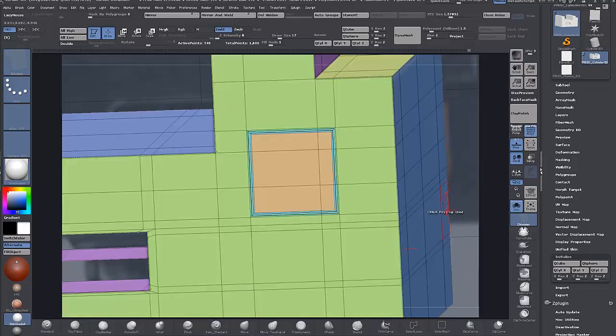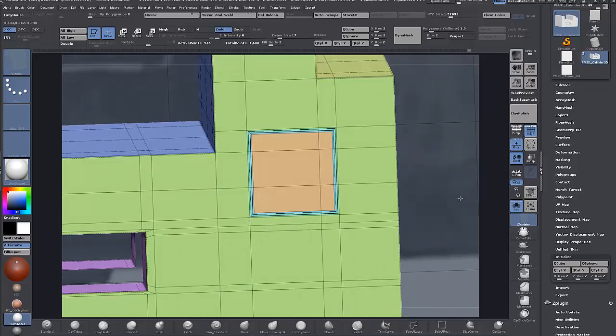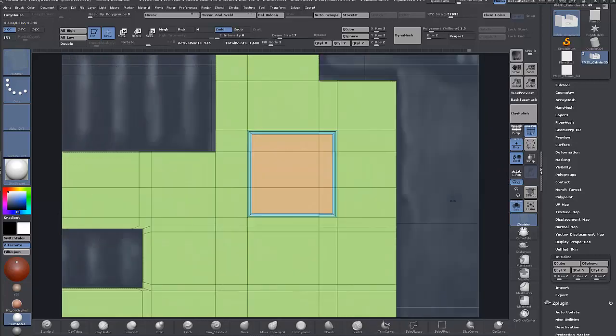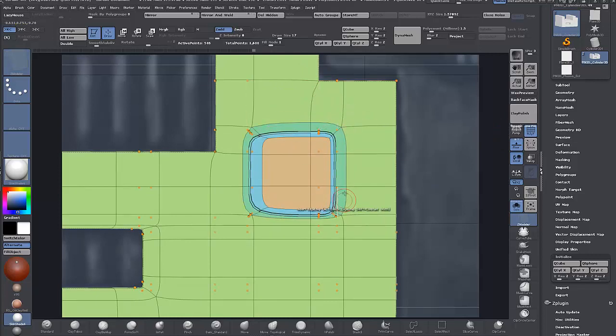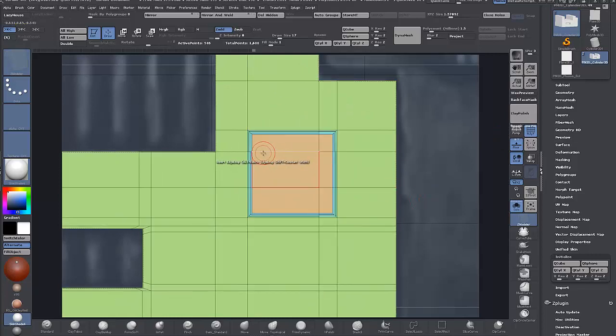That's because of control edges. So you can see here there's an edge that was already existing, so that's why that looks a little bit tighter than this. So no problem, we'll just insert an edge. So we'll put one here,